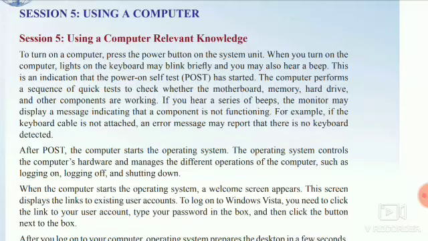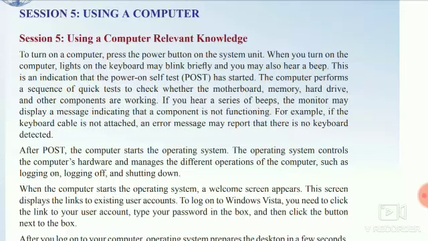Just type the password, and when the password entry is complete, it automatically starts the computer. So after we log on to our computer, the operating system prepares the desktop in a few seconds.